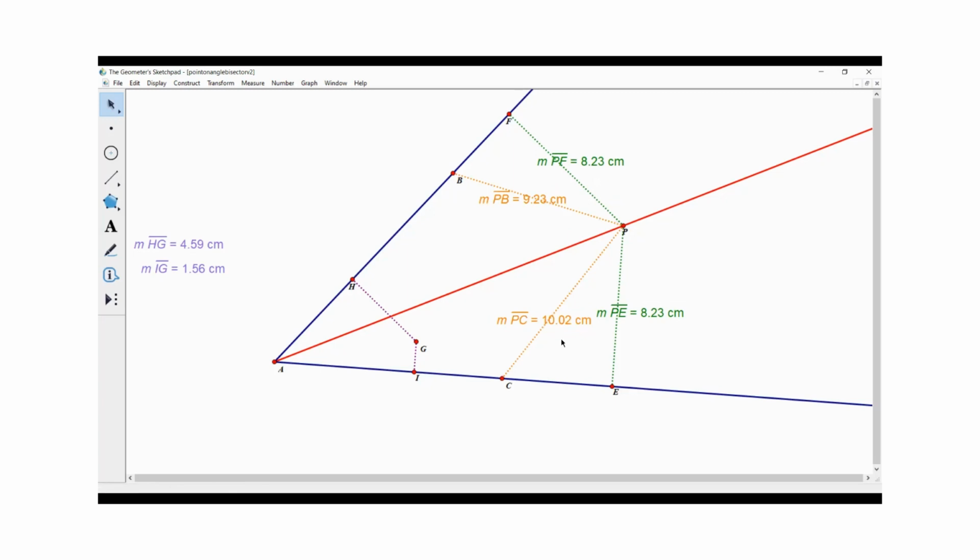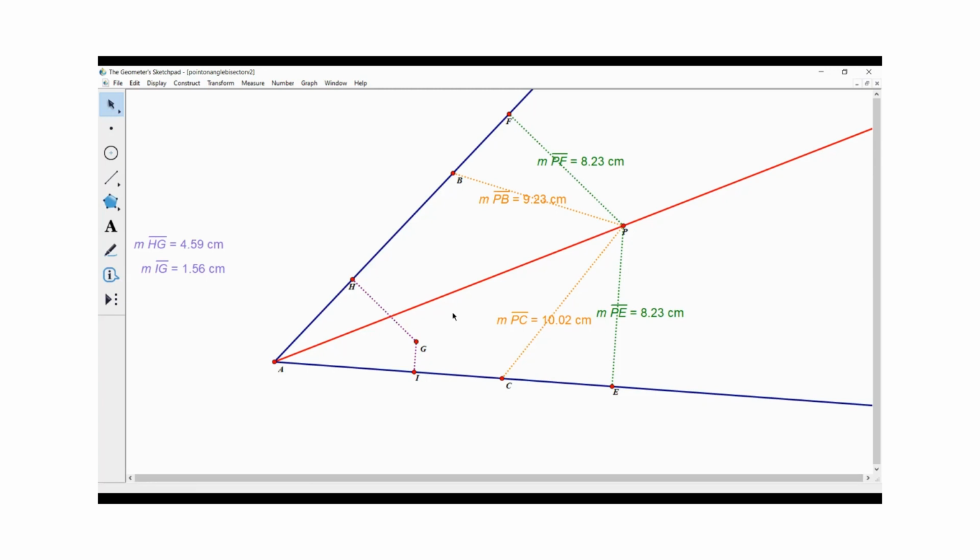Because you have to go along the perpendicular path. This is not perpendicular to this side. This is not perpendicular to this side either, only the perpendicular path. Even if P is on the angle bisector, it has to be the perpendicular path. That's why these were not the same. The homework is going to try to trick you. Don't be fooled. It's only the point that's on the angle bisector, and it's only the perpendicular distance that's the